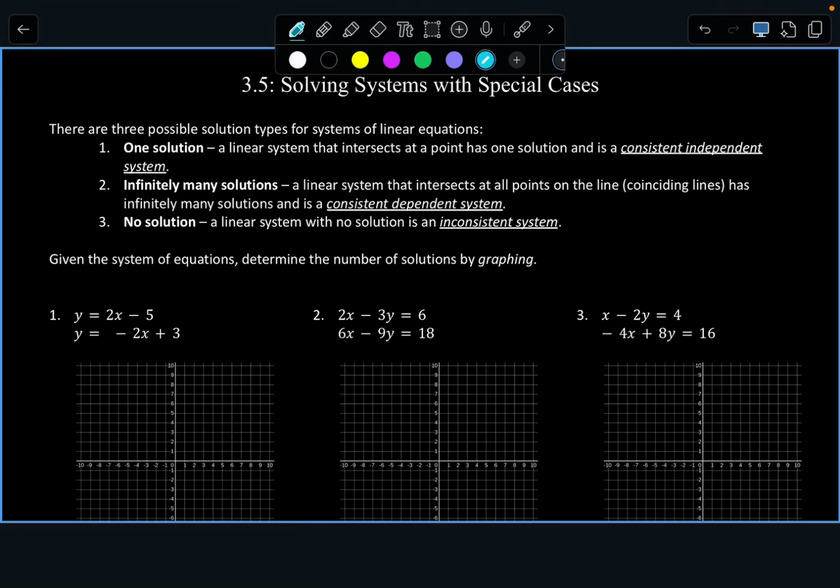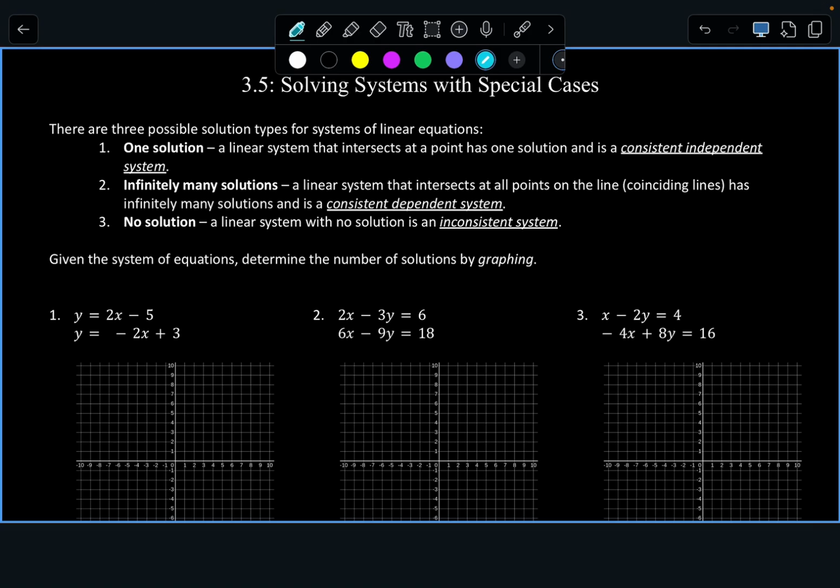All right, so today we're working on section 3.5, solving systems with special cases. Previously, everything that we've graphed has hit at one specific point, one ordered pair. Every time we've solved using substitution, we've gotten an x and a y. Same thing for elimination. But there are times when we might get, instead of something like x equals 2,